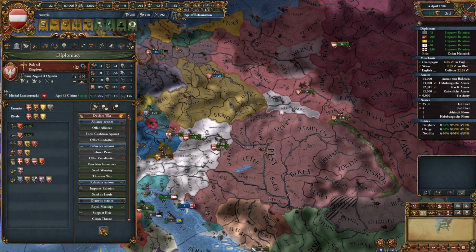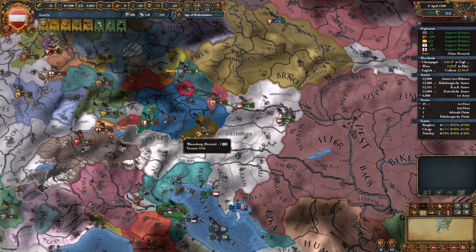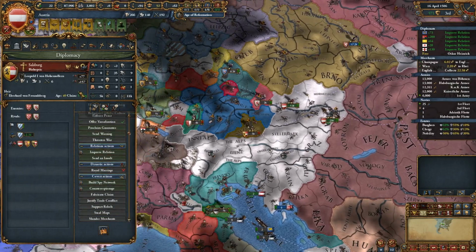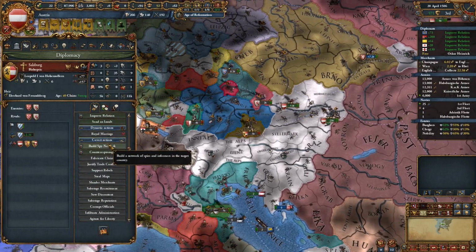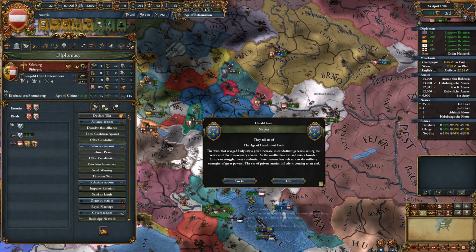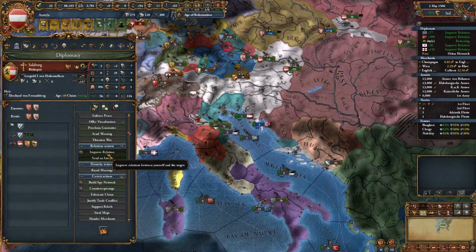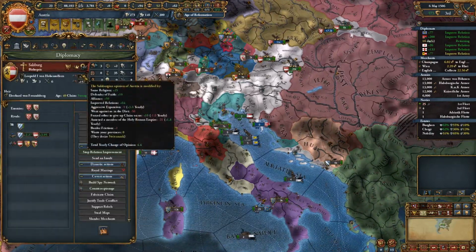Too many diplomatic relations. Hey, a doobie, what a doobie. Salzburg, you have a Hohenzollern. You're a bishopric, so I can't really do much else with you. Age of the Condottieri ends. Just to keep improving relations, we're going to try and get it above...